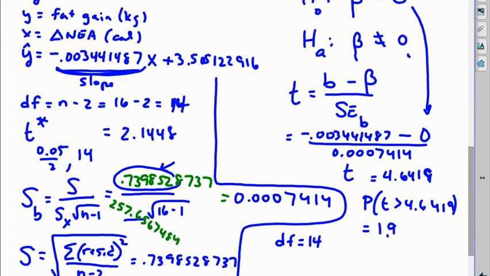Got to double this. So this is looking like significant evidence that we will reject the null hypothesis. Basically 3.8 times 10 to the negative 4. And this shows us that we have evidence of a linear relationship for our